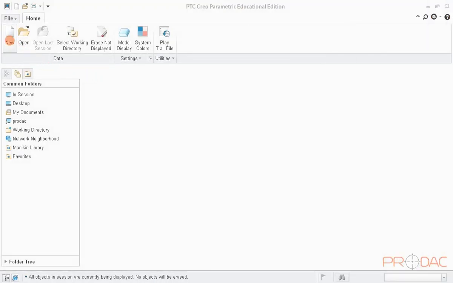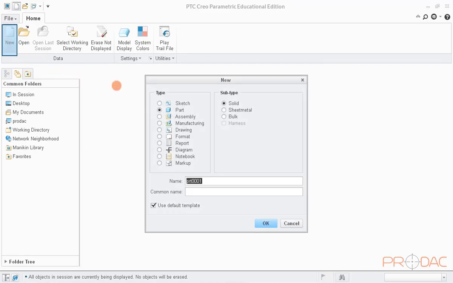Open a new file by clicking on the button New in the top left corner. A pop-up window appears. Since we are doing solid part modeling, we'll continue with default selection under Type and Subtype menu. Now, name the file as Extrude Learning.